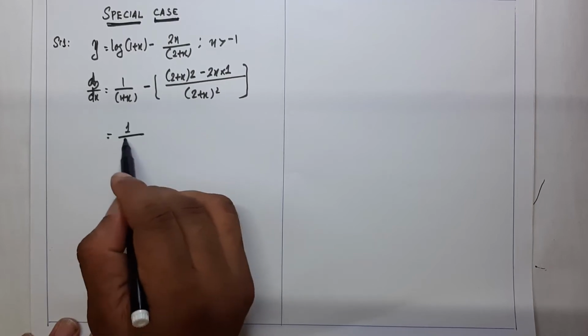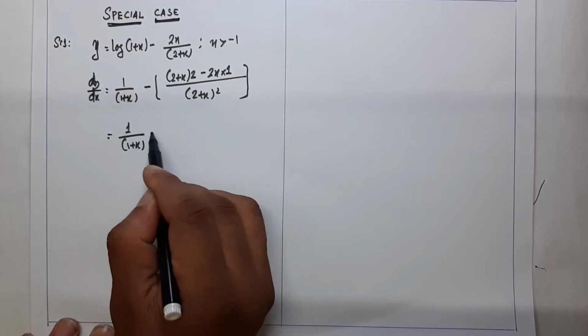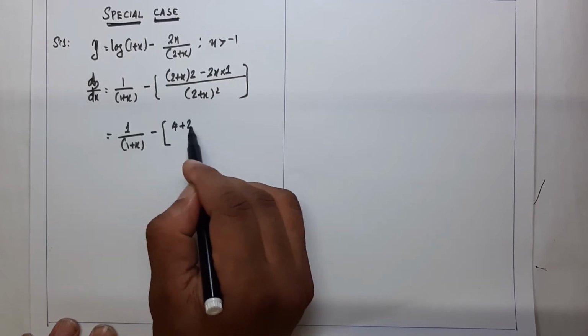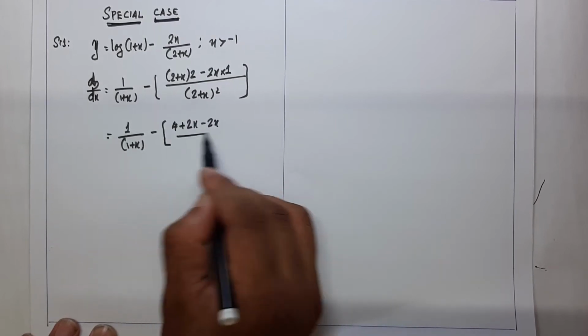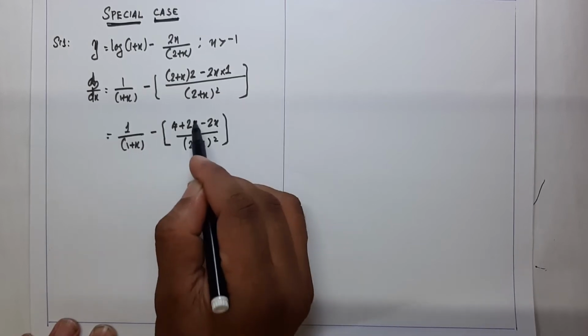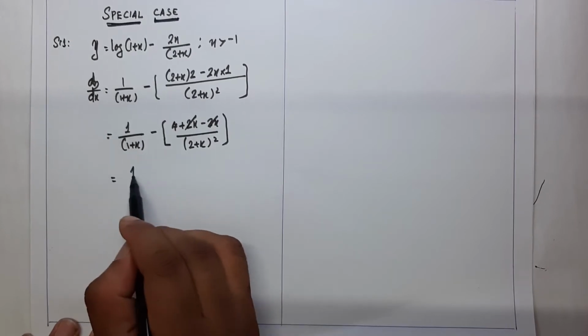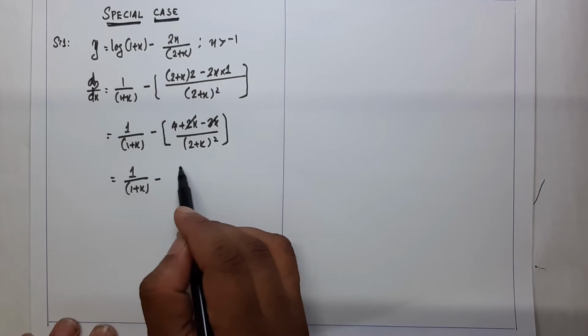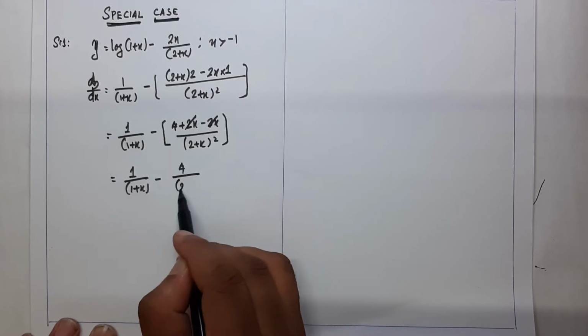This is equal to 1 divided by 1 plus x minus 2 into 2, that is 4 plus 2x minus 2x, the whole divided by 2 plus x the whole square. Here 2x and 2x cancel, and therefore 1 divided by 1 plus x minus 4 divided by 2 plus